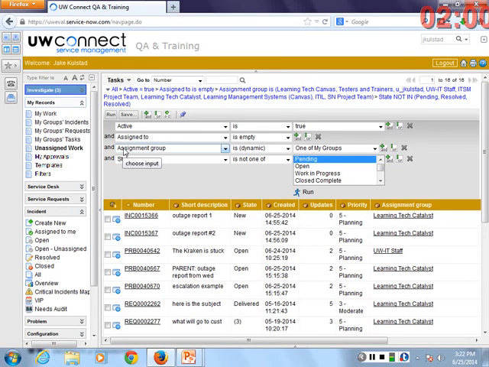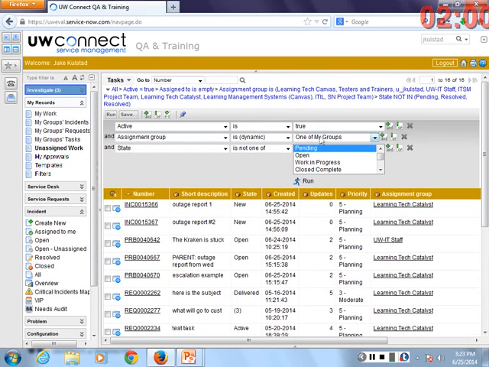Now, I'll just point out that depending on your workflow, this is actually a pretty good starting point. For example, some groups don't want to see a record if someone's been assigned to it. So this filter is useful. They only want to show records where the assigned to is empty. In my group, I would like to see all records regardless of whether or not someone has been assigned to a record. Does that distinction make sense?